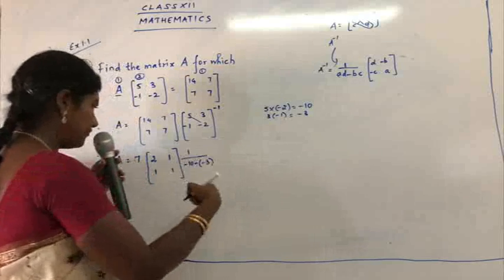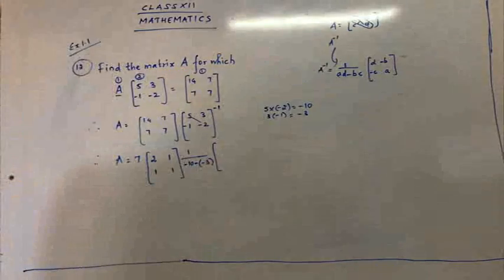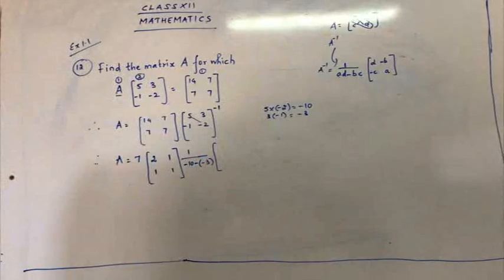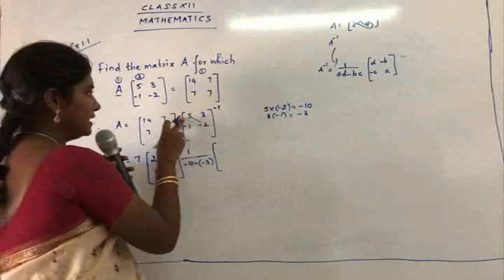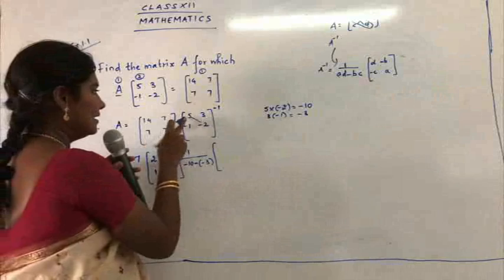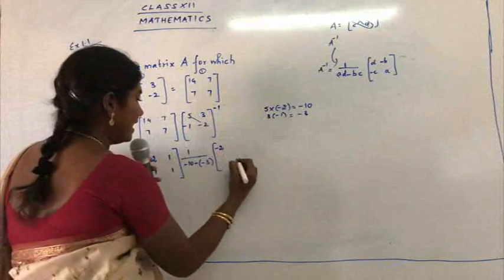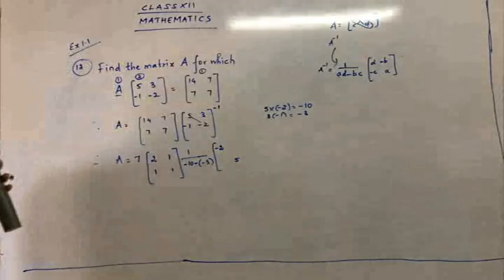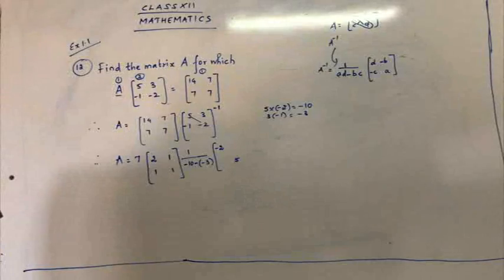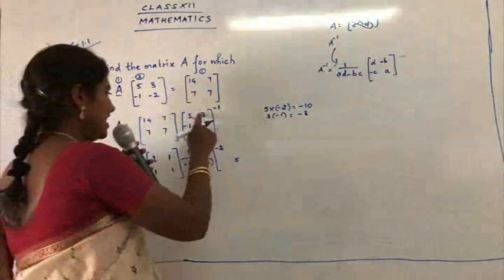Okay. Just we'll have one more step. The first sum is for your understanding, so I'm just going step by step. Okay, now let's see what are the changes we have to do in the matrix part. The fourth and the first one are interchanged. The D and the A part is interchanged. So minus 2 and 5. This is just interchanging. We are not going to change the sign. Only interchanging the elements.